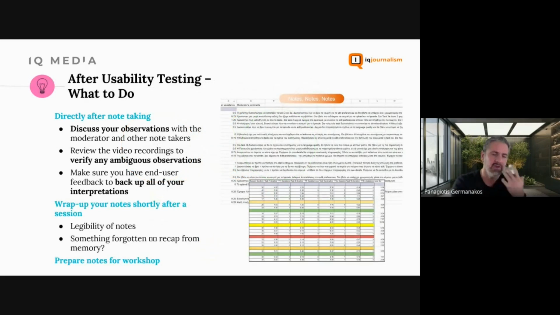And the very first thing that you do straight after, especially as note takers and moderators, is to discuss what you saw. It's very important, to avoid any memory decay effects. So you try to run over the day, what happened, what you saw, what you liked. You take some notes. You try to clarify some ambiguous observations, especially if you have different opinions, and then you try to reflect on what you wrote. As note takers, it's important that you clean your notes again,